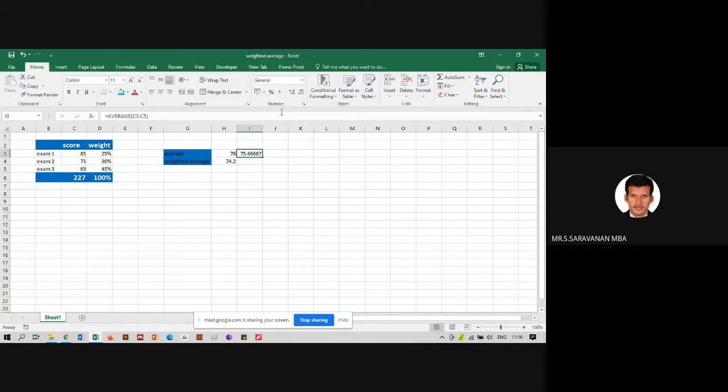Normally it will come in decimal places. I want to show you one more thing. We normally use this function to reduce to the nearest number. Never do that. Faculty members never do that. There is another function for that. There is something called ROUNDUP. ROUNDUP, click here, close the bracket.